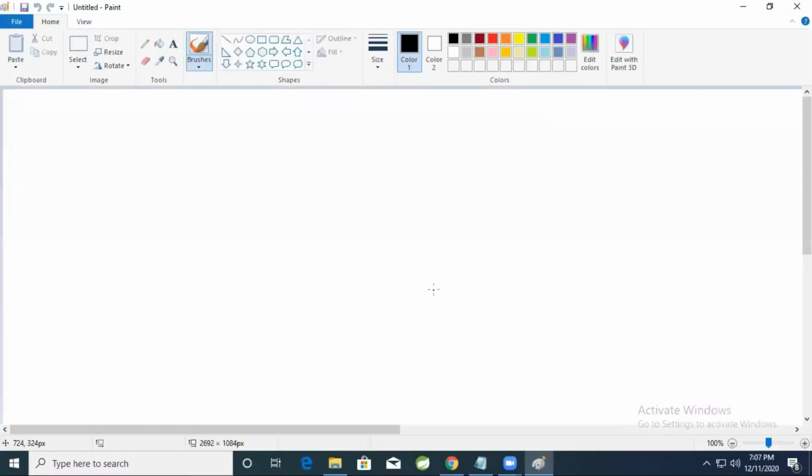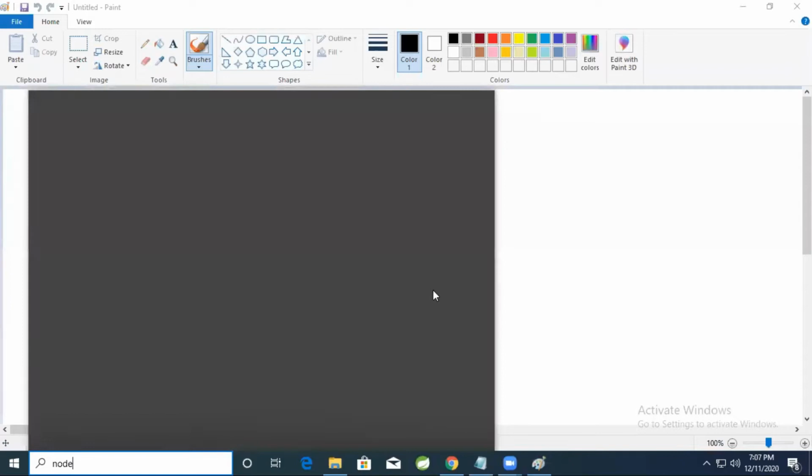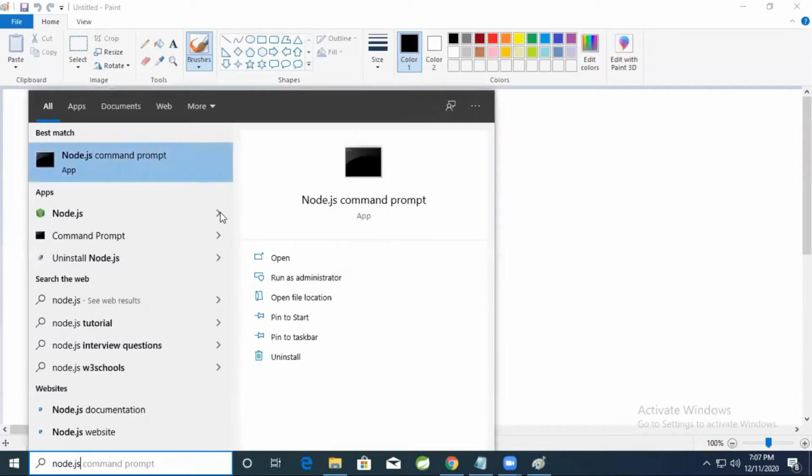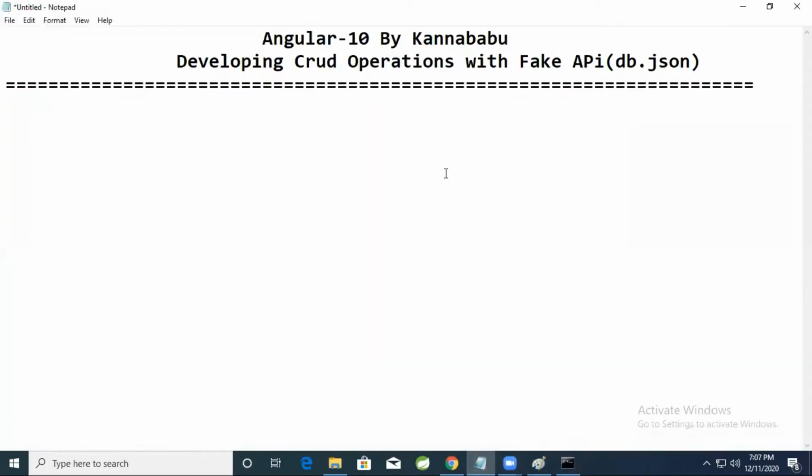So first of all, I want to create one project in Angular. Make sure that all the software is installed on your laptop or PC. Step number 1, install Node.js. Step number 2, check whether Node.js was installed or not.